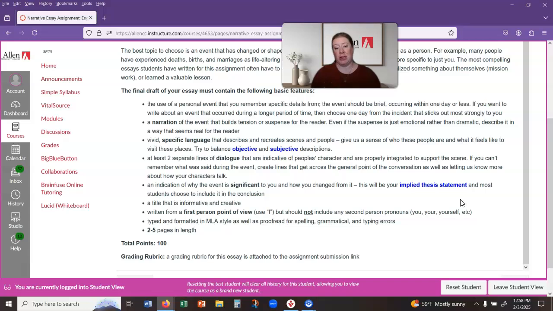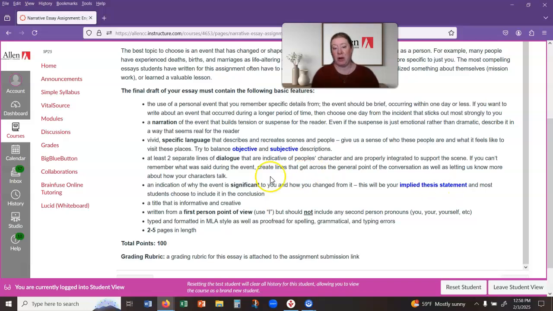And then making sure that you've included things like dialogue and specific description. You're writing it from a first-person perspective, but keep in mind that your reader, think of your class as your reader, the person you're writing to, could be anyone in the class. And so, if you're not describing things accurately or with enough wording, then we can't picture it in our head. We don't know the people in your story, we don't know the setting in your story, so you need to make sure that you are being specific there.